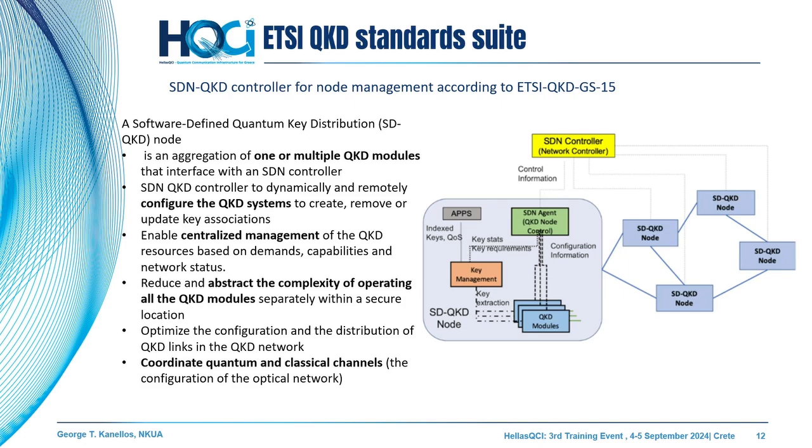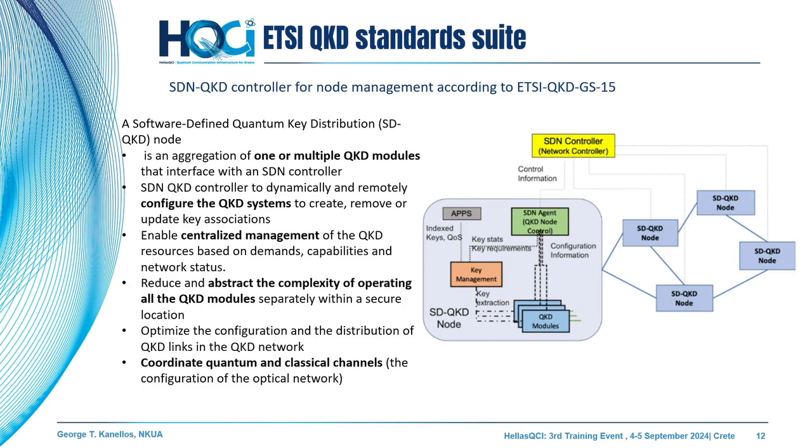And the reason is that software-defined networking comes with some advantages in classical networks, and this is the ability to monitor the network performance in real time and dynamically change and optimize the performance of that network. SDN in QKD should be able to do the same. So ETSI QKD GS15 is a protocol that was actually released maybe less than 2 years ago, or about 2 years ago,